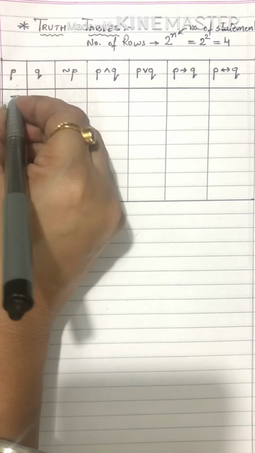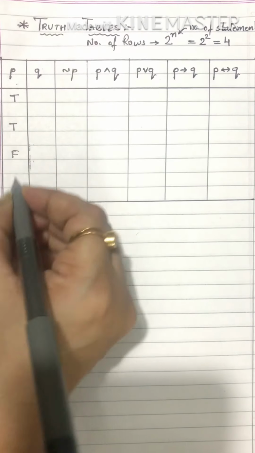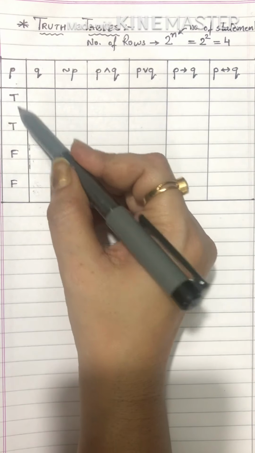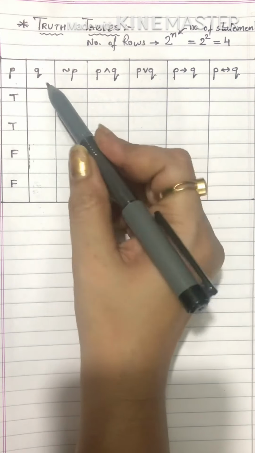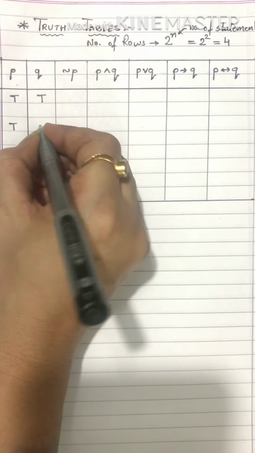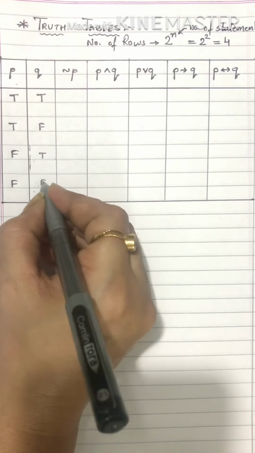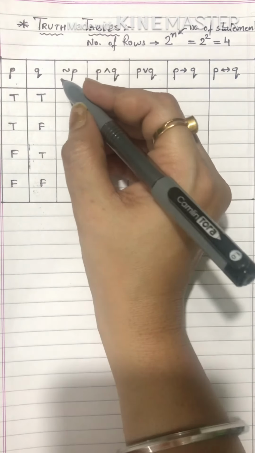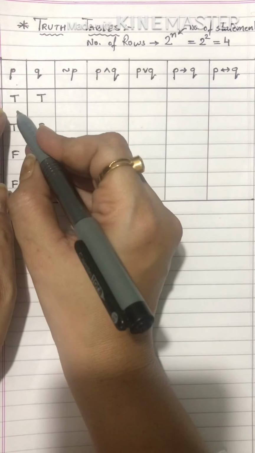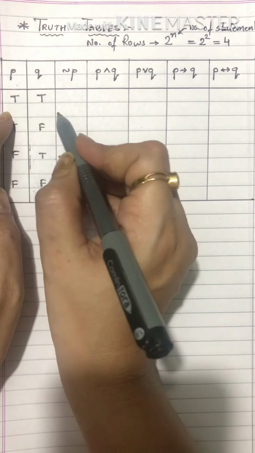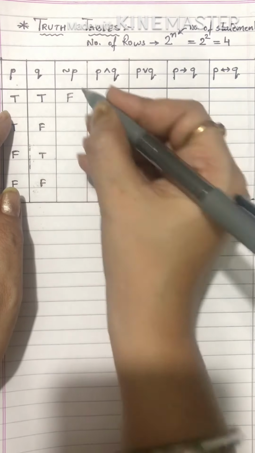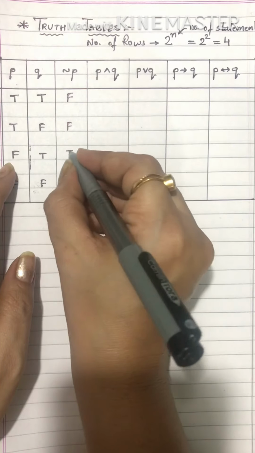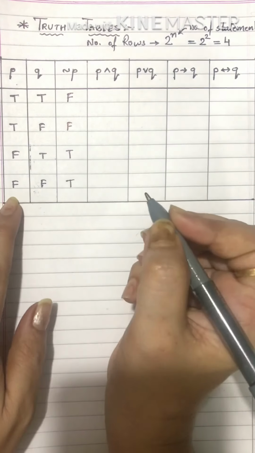So we will write here T, T, F, F. Okay, for all examples you will do it the same way. For the first statement I will write T, T, F, F, and for the second statement I will write T, F, T, F. Okay. Third one, negation of P. So whatever you have in P, its negation. See, negation of true is false. So here we get F, and for false, negation is true, and then here also true.